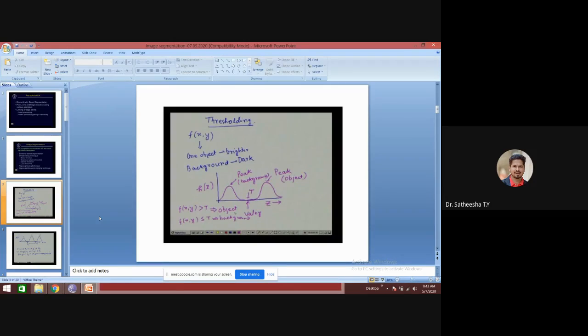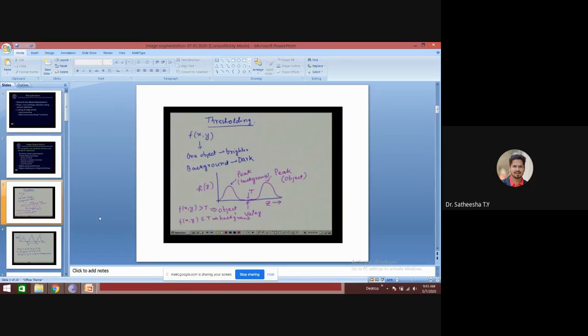Even if it is reversed, that is, a light object against a dark background, you will find that the intensity values are mainly concentrated near two regions, or we call them two modes. One region will be towards the darker side or lower intensity values, and the other mode will be towards the brighter side or higher intensity values.